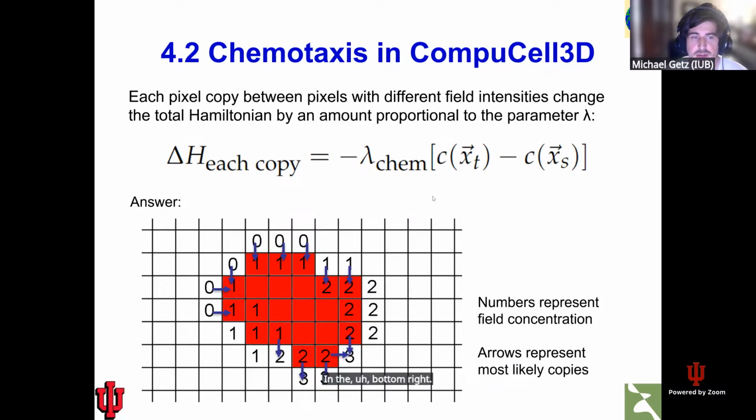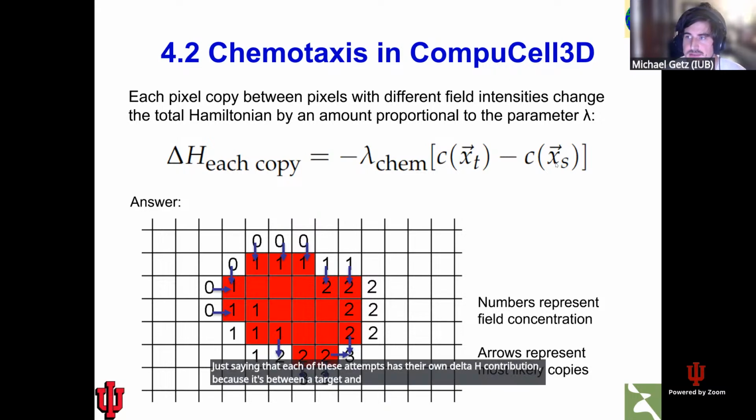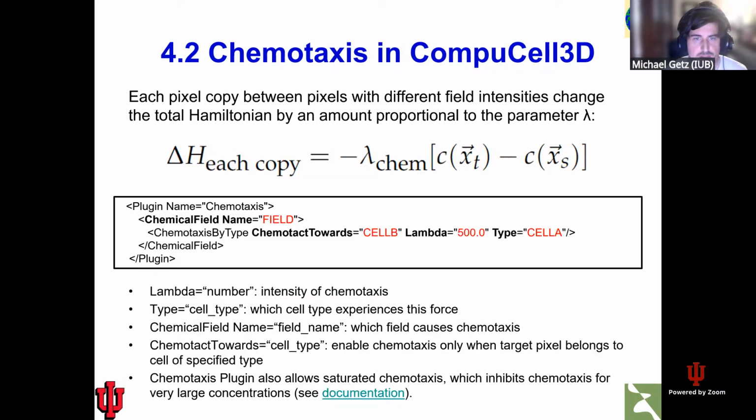So each copy just responds to what is the energy contribution with each of these pixel copy attempts. Each of these attempts has its own delta H contribution because it's between a target and a source pixel explicitly. So you can define